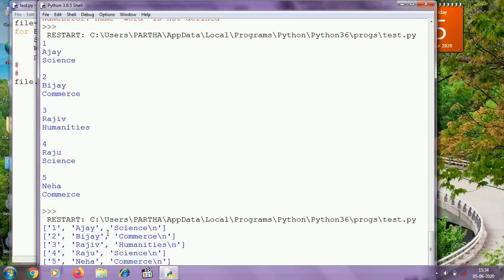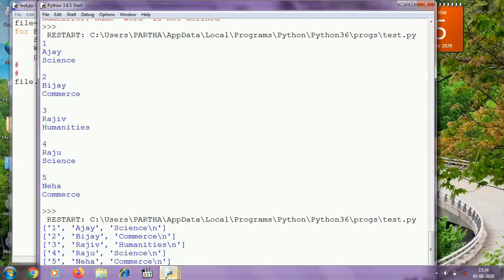Then using split method we are splitting them. But here at the end of each line \n is added. For this \n a new line is created after each line.